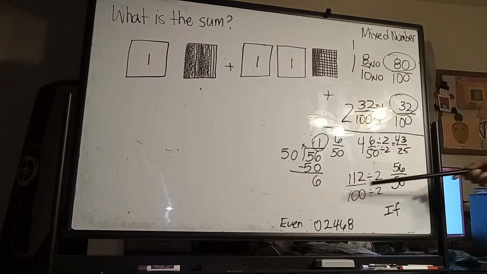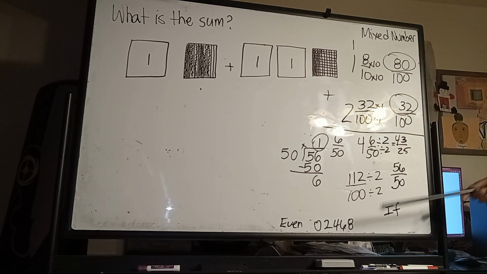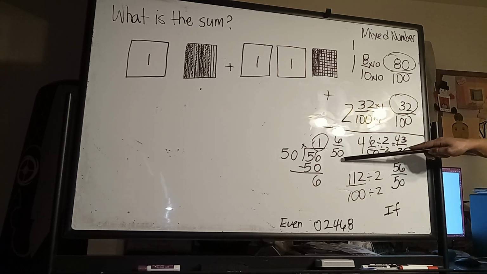Now, I went ahead and divided by 2 because I wanted to show you that, of course, when it's even, we need to simplify, reduce, right? Get more groups out, as many groups as we can, leaving it in its simplest form, which is 56 over 50, which reduced it to 1 and 6 over 50, which then turned into 4 and 3/25 in total. That is still the definite smallest way, the simplest way to show the answer. However,